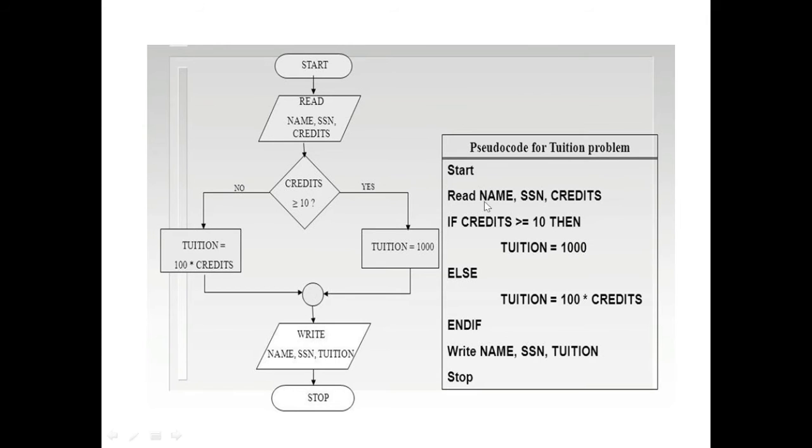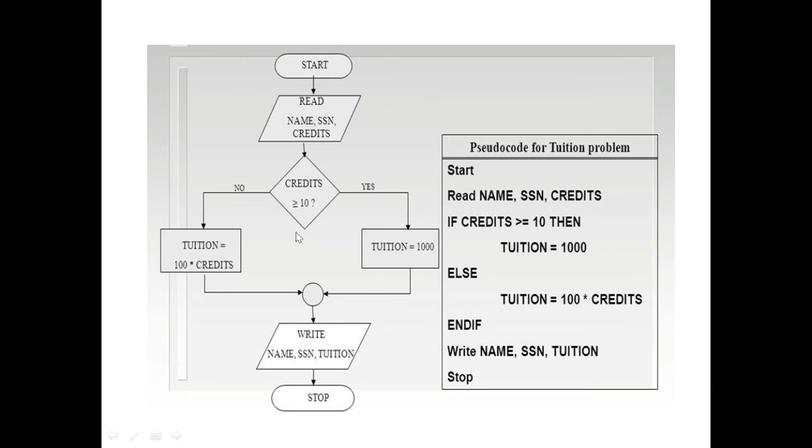Now we have used the same keyword in our pseudocode also. Inside the pseudocode we have used the keyword read, and the rules are the same. Read and write will always be the keywords used for inputting and outputting the system variables and their values. So by writing this line in your pseudocode, that is read and the three names, we have declared the variables, initialized the variables, and asked for the values of the variables. You can see your pseudocode and your flowchart go hand in hand.